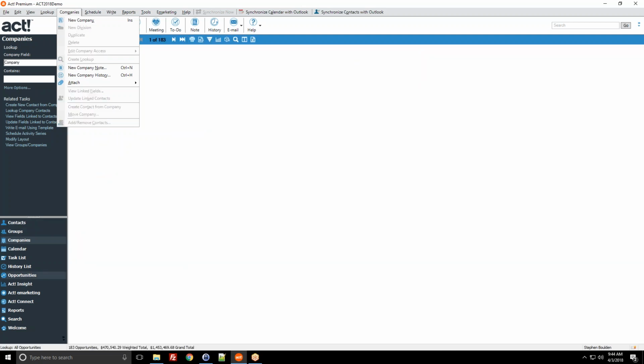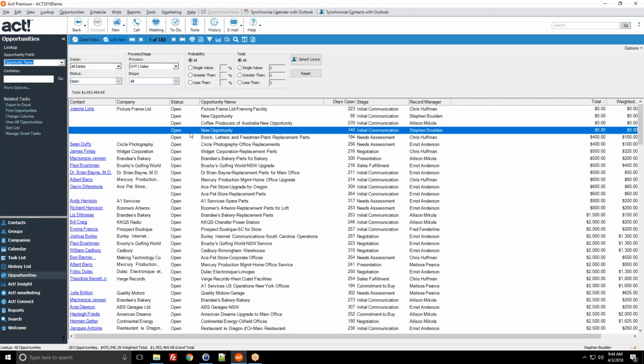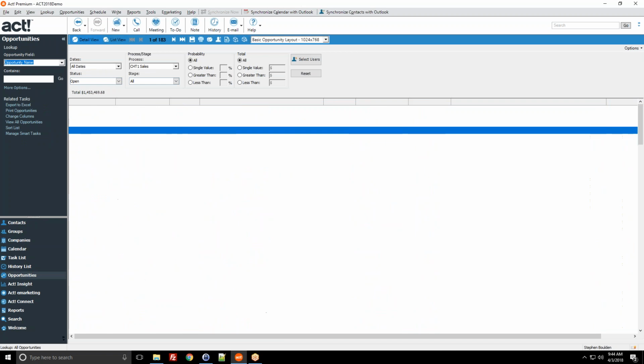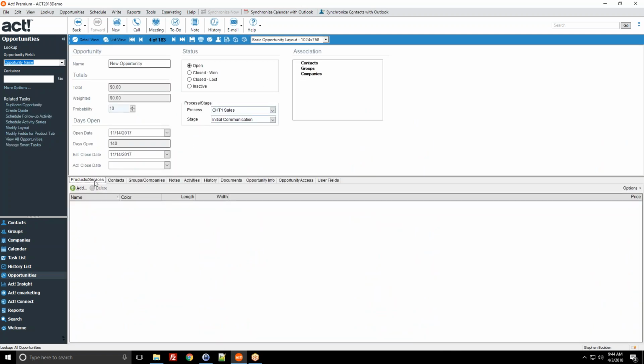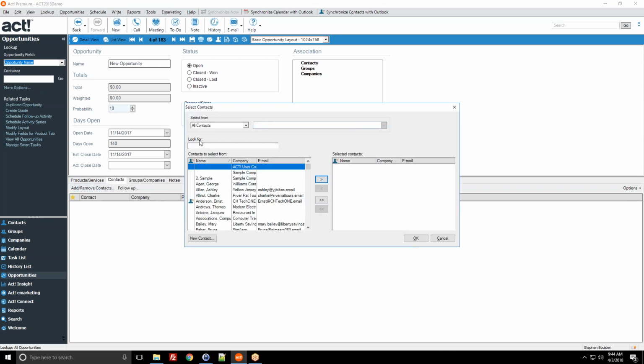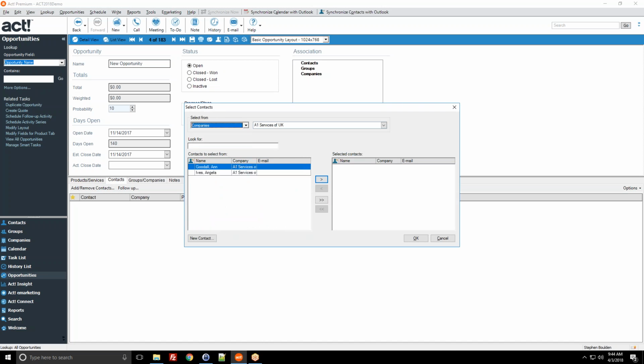When you're creating an opportunity, it is possible as well to create a new opportunity, and rather than associating this opportunity with a contact record, you can associate it with a company instead. So if I go to Add or Remove Contacts, even though it's under the Contact section, I could go under Companies,